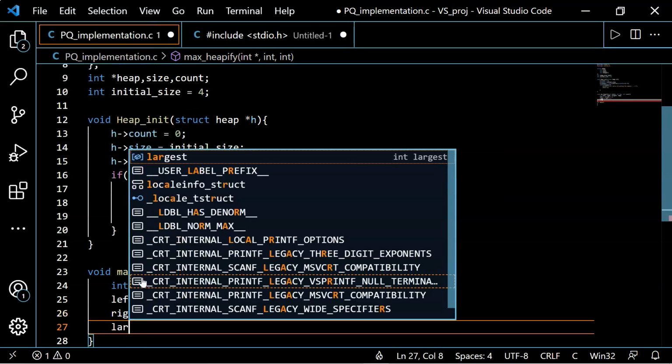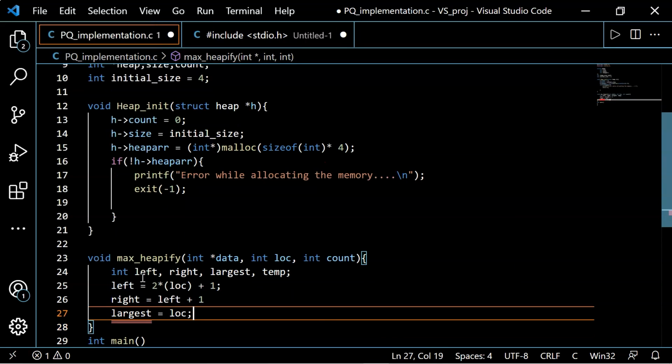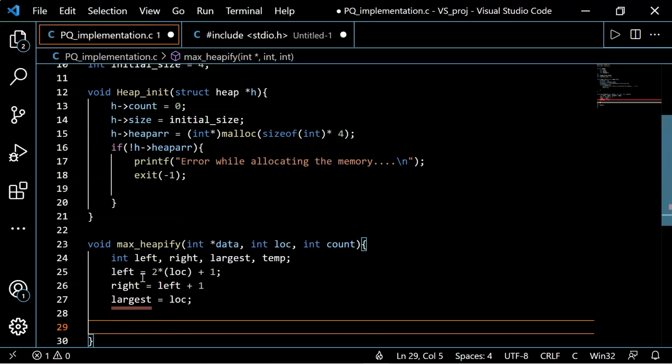Now let's say largest is equal to loc, and we'll work on conditions now.